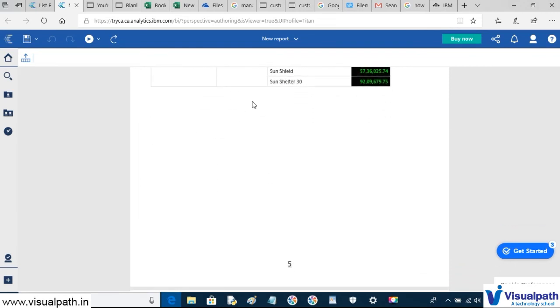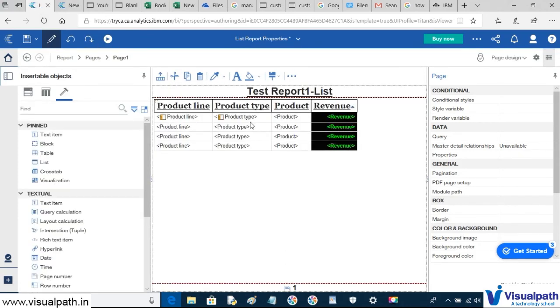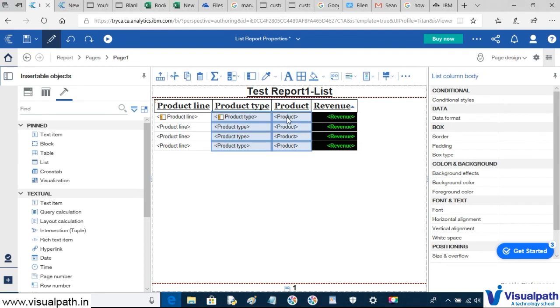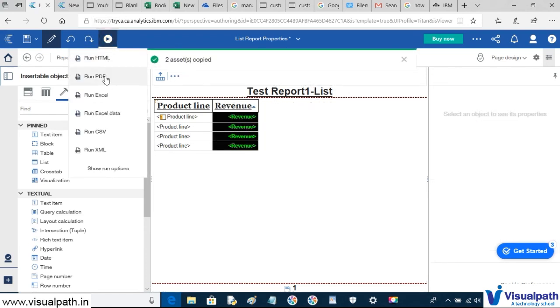So let's try to understand this thing in a better way. So for that, let's do one thing. Let's go back and delete these two things. Okay, now execute this report in PDF.